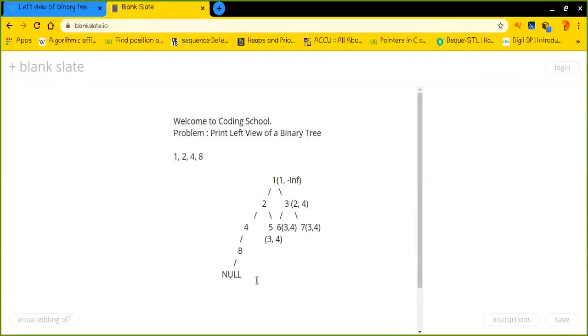Okay, so basically let me traverse all the nodes of the binary tree using BFS. You know what BFS is? BFS is to traverse level wise. Cool. We can use a queue for this purpose.